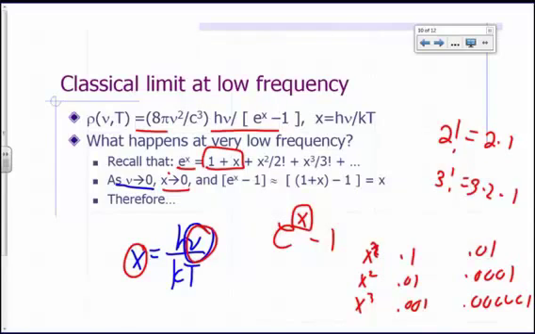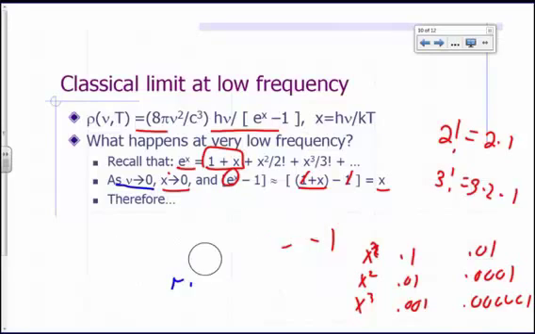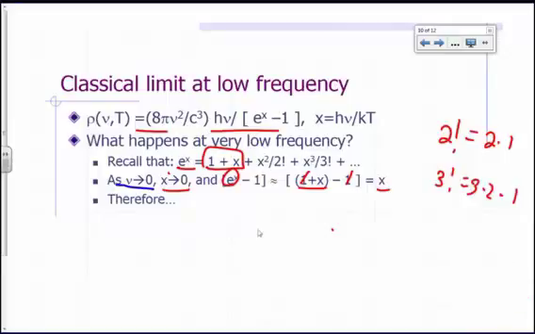So we're going to make a substitution then. As we're approaching x equals 0, this e to the x is going to approach the expression 1 plus x. But what is e to the x minus 1 then? What is 1 plus x minus 1? It's just x. Okay? So if that's the case, our expression will then simplify. What is rho as x approaches 0? Approximately equal to